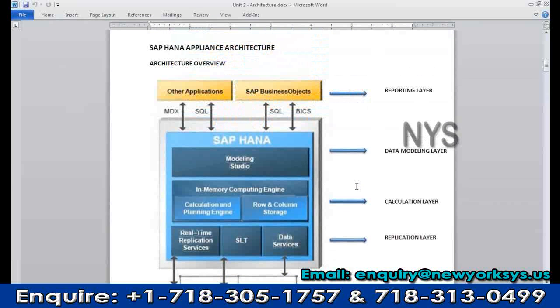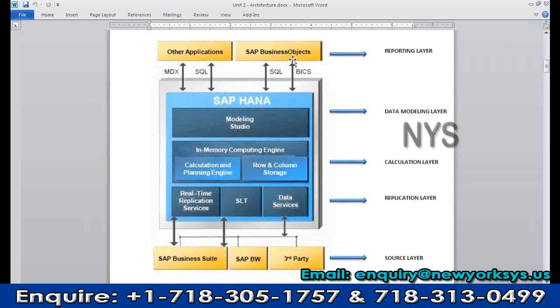Now we are discussing the architecture. This particular slide shows you the architecture overview. Here I can point out to